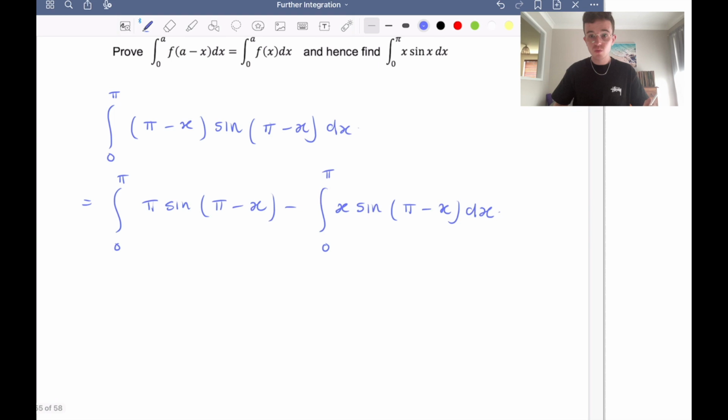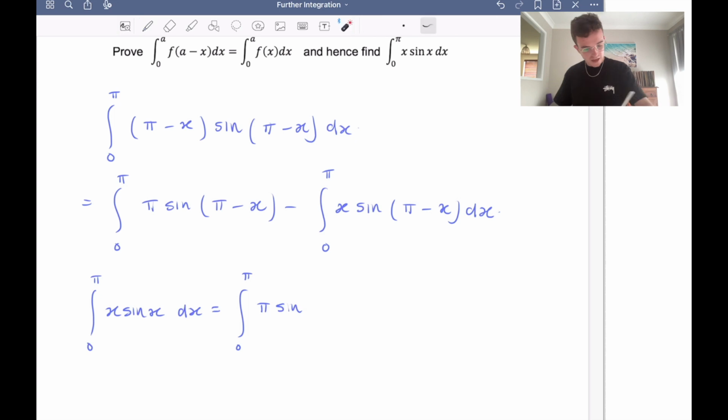And we know as well, if we think about our all stations to central, sine is the same in the first and second quadrants, which means sine of pi minus x, which is the same as sine of 180 minus x, is just the same as sine of x. So we can say that the integral from 0 to pi of x sine of x dx, which was our original question, is equal to the integral from 0 to pi of pi